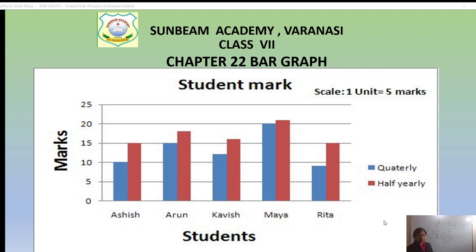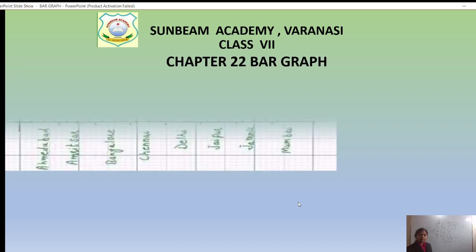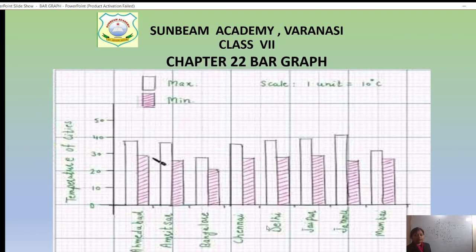So how many marks have they scored? Then after that, let's see another one. See this? It is the double bar graph. Here is the temperature of cities in Ahmedabad, Amritsar, Bangalore. Maybe the graph is not visible to you, beta, but you have to draw the double bar graph in this way only. You will specify that maximum temperature and minimum temperature are specified separately, children. The blank bar is the maximum and the lined bar is the minimum. You can use color also.